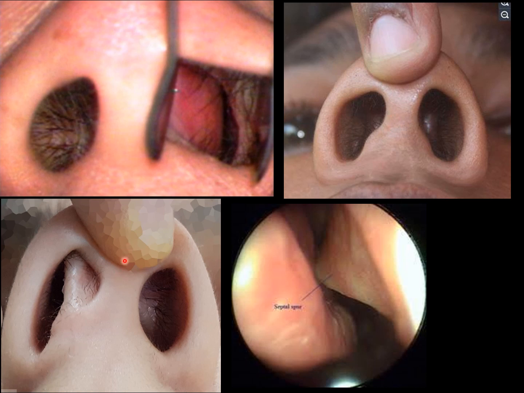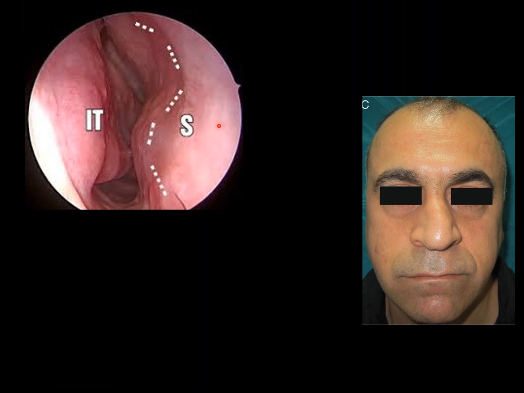Here, if you just lift the nasal tip, you can see the caudal dislocated septum, the anterior edge of the septum. It should be behind here like this. It should be here, the columella, okay, but it is displaced into one of the nostrils. And here you can see the sharp projection. This is the septal spur. And here is the S-shaped deflection. This portion will be deflected on the opposite side, and here the deflection is on this side. C-shaped and S-shaped